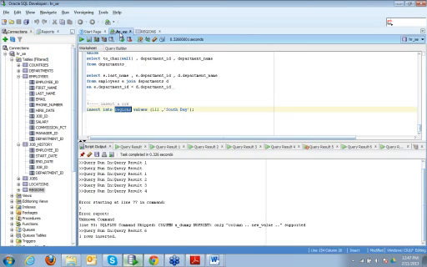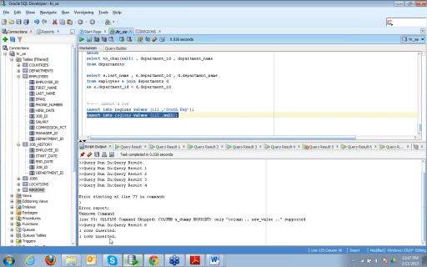So I can insert any other row also, and I can choose the second column to be null. So I can write here regions values 1112 null. This I don't want to give right now, so I can use null to insert this value. It says one row inserted.